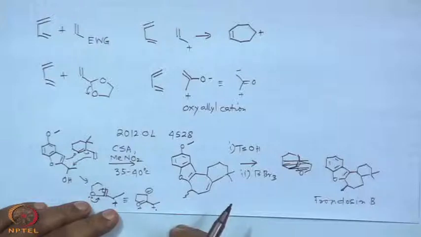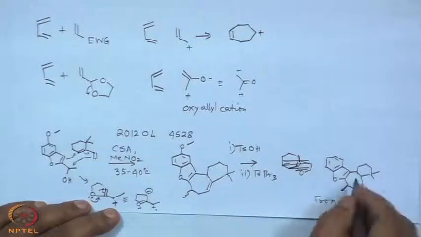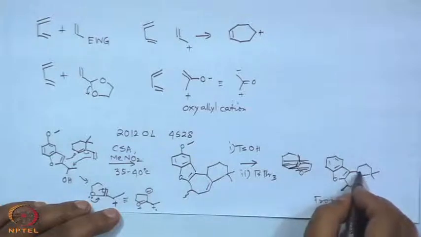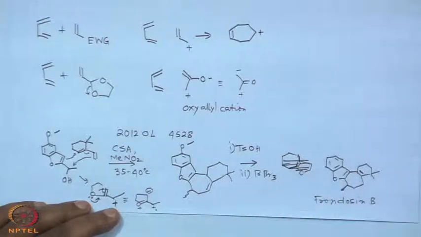Paratoluene sulfonic acid would induce dehydration. What else? In this case, it actually isomerizes the double bond. The double bond comes into conjugation with the furan ring system. So, the double bond is moved. Then